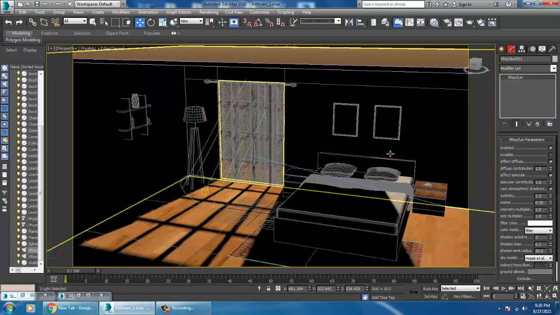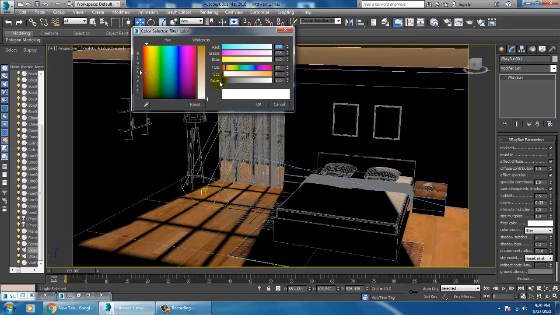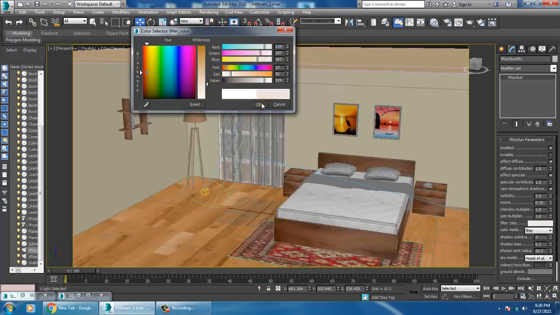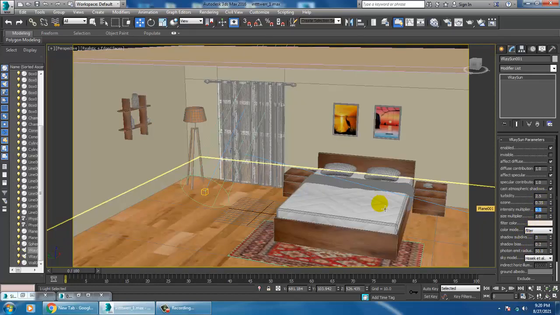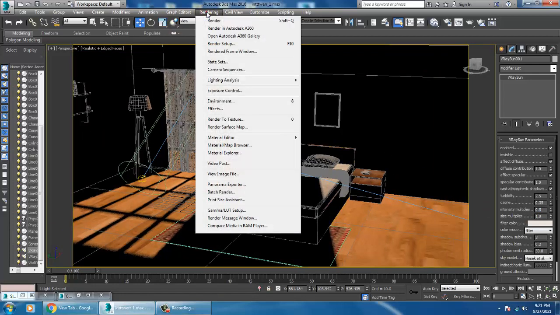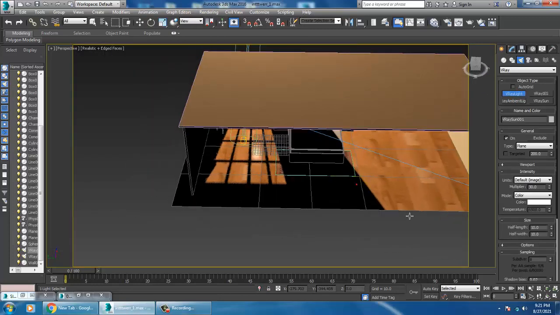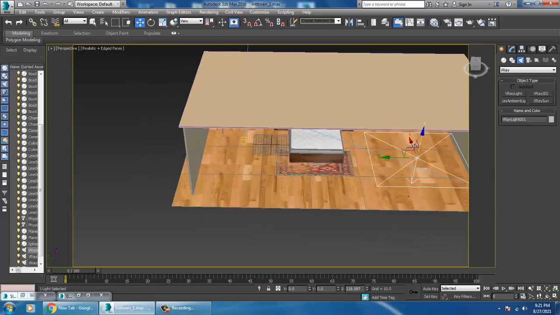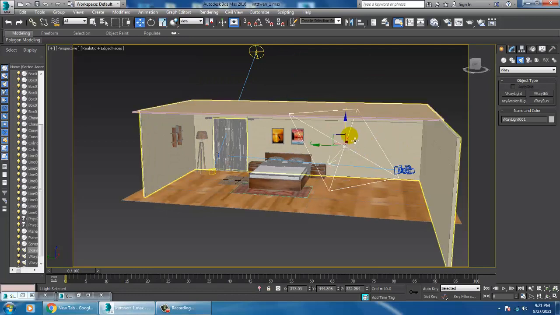I'll go into this and change the filter color for this, and the intensity 0.5. Definitely we can reduce that, that's not a problem. I'll add one V-Ray light from this point over here.